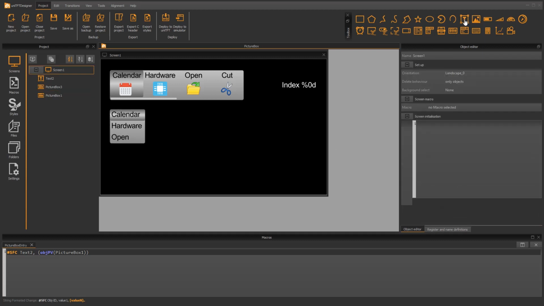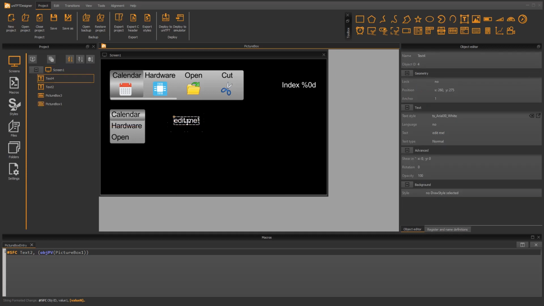Once again, I want to display the selected index for this picture box. This time, I use an automatic text instead. I want to compare the 2 calculation functions, object picture box value and object picture box last. The second calculation returns the last selected entry. The value is equal to the function object picture box value, except if the number of entries in the picture box is smaller or equal than the visible entries. For the second picture box, it is the case.